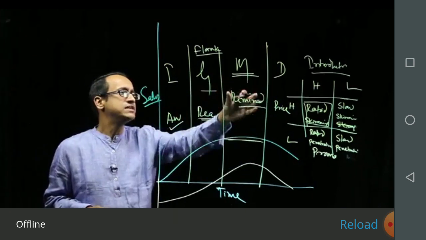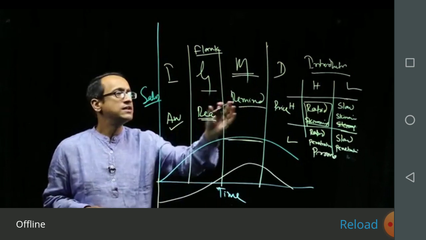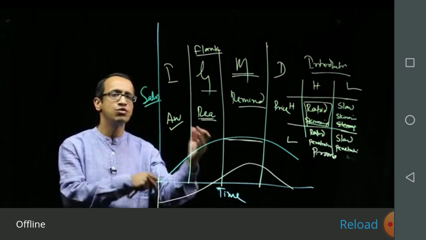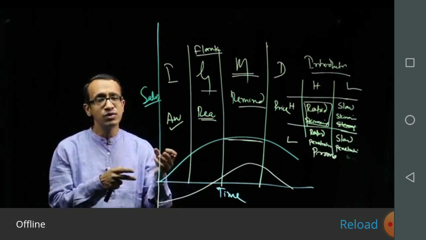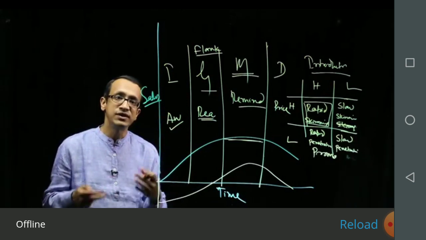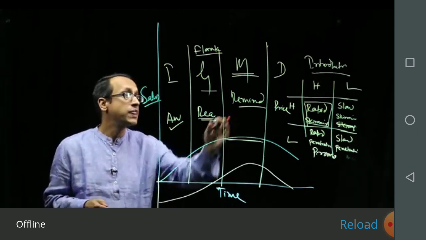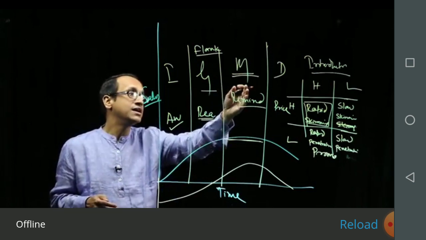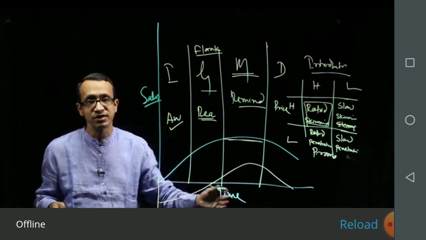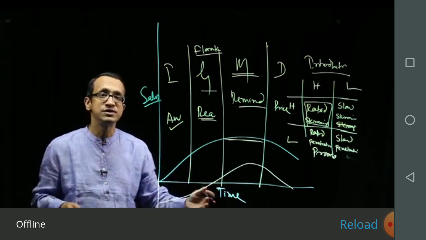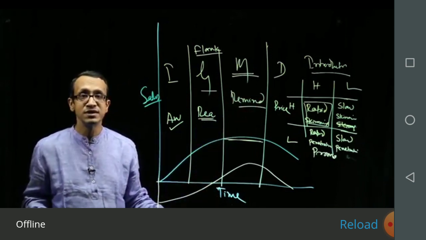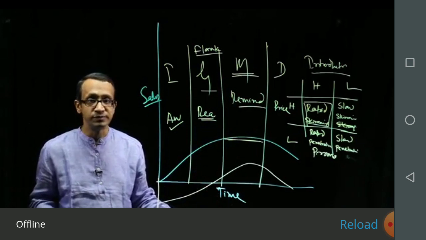So what happens in case of maturity phase? As I told you, for the product, you go for variants, you go for modified product, you try to increase the number of usage, you want to increase the usage per customer, all those kinds of things that you will start doing over here. So far as pricing is concerned, here you can actually reduce the price because you want to increase the market share. You want to increase the number of users for your product, and because lots of competitors are there, price competition is one of the obvious outcomes over here.